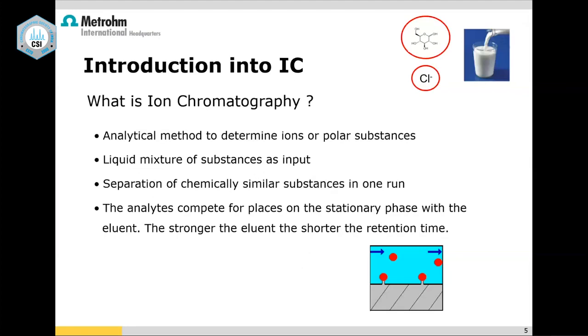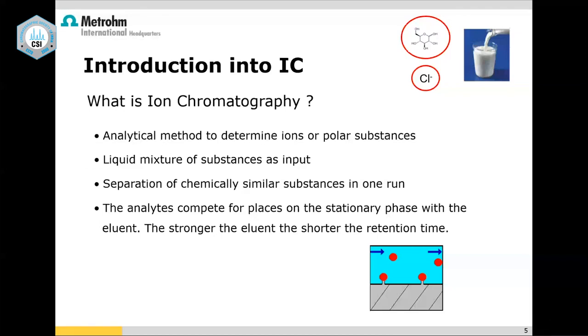So, introduction to IC. I presume you all would have attended the very fantastic and fabulous lectures over the last week by Dr. Rama, Dr. Datar, and Dr. Deepak Velani on LC, GC, as well as GCMS and LCMS. So this is just an extension of that technique. IC is just an extension of liquid chromatography, I should say. And here, instead of compounds, whether polar or non-polar, we are talking only about ions. So here we talk about only negative ions, which are anions, and positive ions, which are cations.